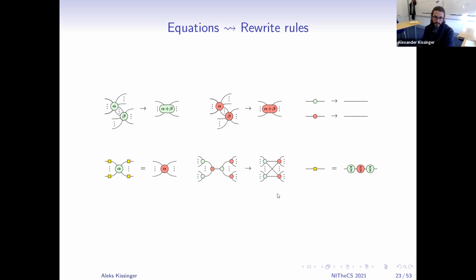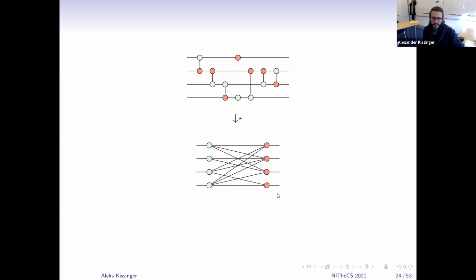What I mean by this works a lot better is, if I take some CNOT circuit like this, and I just start stupidly applying those rules until they don't apply anymore, then I'll get something that looks like this. Okay, and